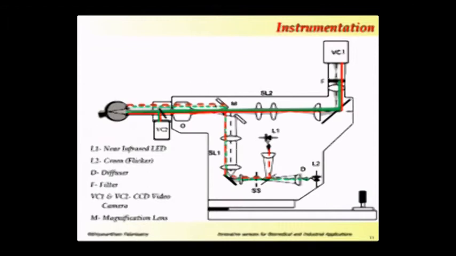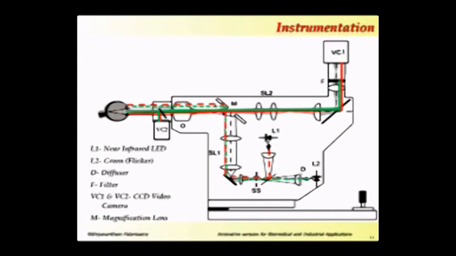ocular fundus reflectometry is a modified fundus camera with two light sources, L1 and L2. L1 is a light source operating at 880 nanometers in the infrared range. L2 is a light source at 540 nanometers in the visible range. The light from L2 is diffused by a diffuser D and allowed onto the same optical path as L1 to the human eye. The reflected light is collected by an optical